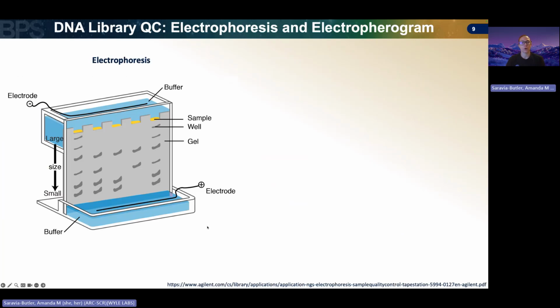So how we perform our quality control checks on our libraries is essentially going to be utilizing electrophoresis. And for those of you who are unfamiliar with electrophoresis, we take advantage of the fact that DNA is charged because of its phosphate backbone. And what we do is create a polyacrylamide gel, put that gel in a buffer, and put a current